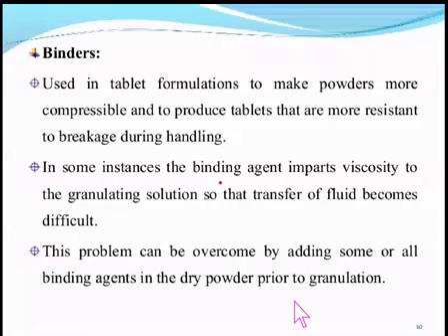So this is a very good example of a problem which can be sorted out when the formulation is tried at the intermediate scale. Otherwise, at the laboratory scale, these kinds of problems will not be visible or noticed, and then directly in large scale manufacturing, all of a sudden these problems will appear and the total operation will be a failure.